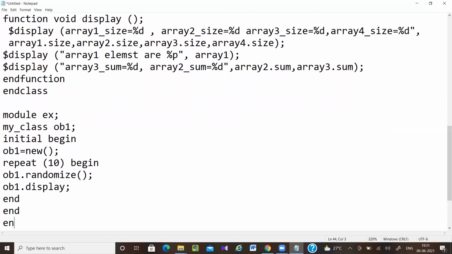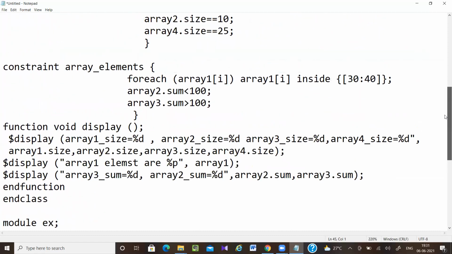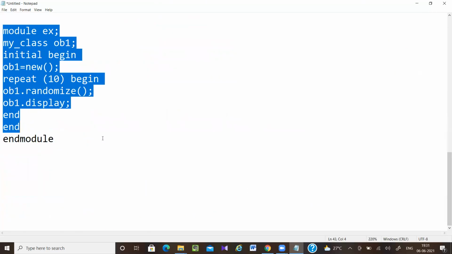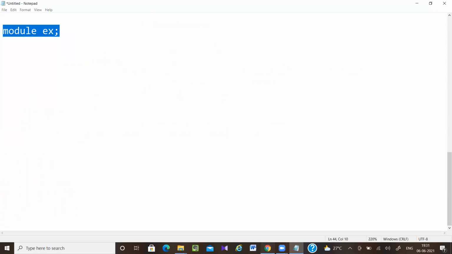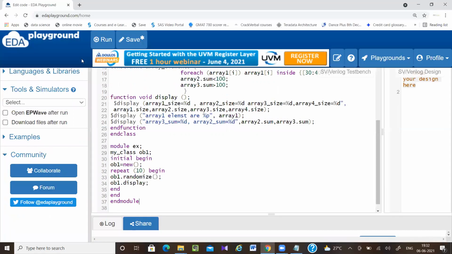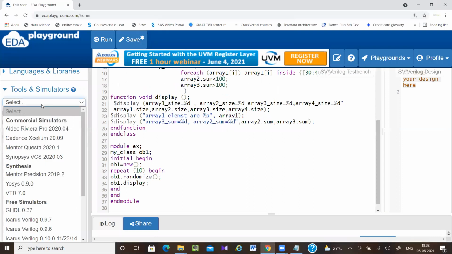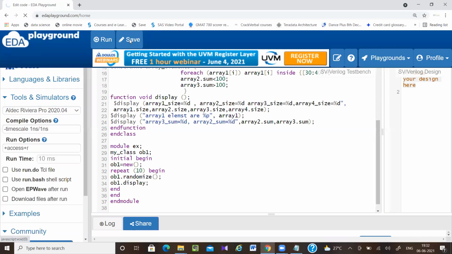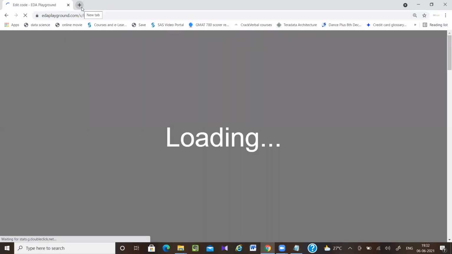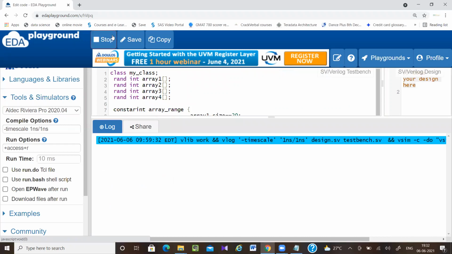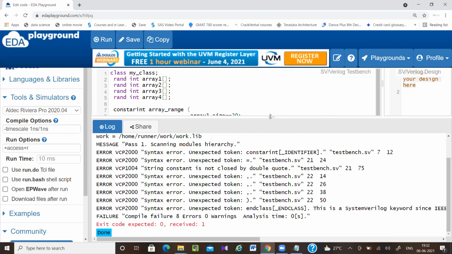Then end module. Okay, let me clear the syntax error.